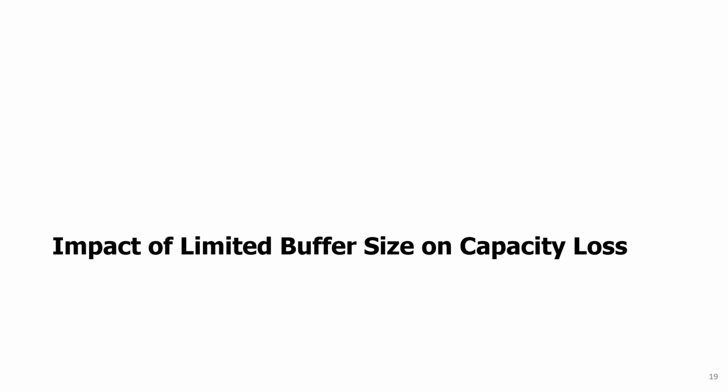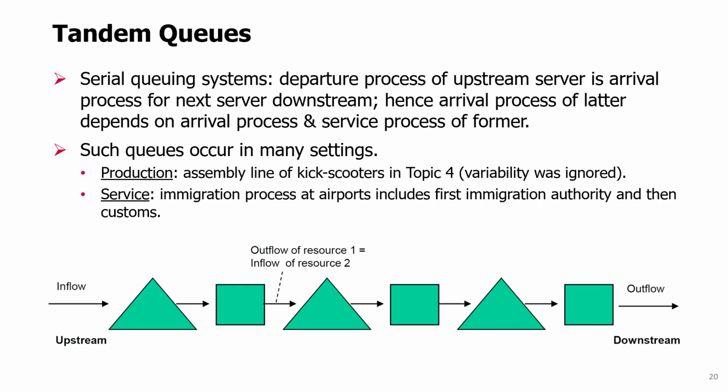Impact of limited buffer size on capacity loss. In this segment, we're going to focus on tandem queues. Tandem queues are sequential queuing systems where the departure process of one server is an arrival process for the next server